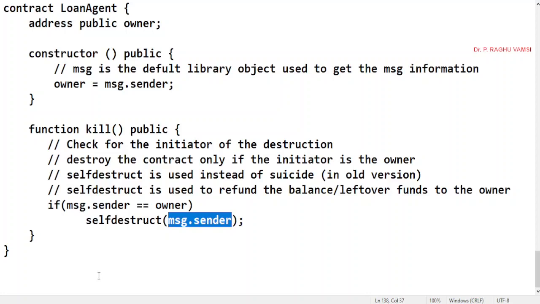Thereby, since everyone knows in the blockchain who created this contract, they can point to that person and get their remaining amount, or otherwise this entire amount will vanish. It will not have any traces on the blockchain once the contract is destroyed. So that is the reason this is a regular check you are supposed to make before destroying any contract. That is, before destroying the contract, the leftover balance must be sent back to the owner, and then the contract must be destroyed. This is a very, very important thing.